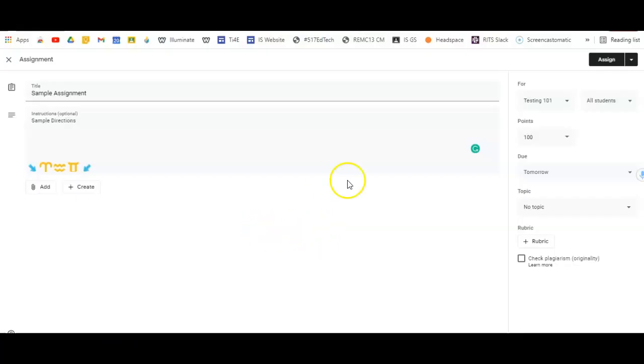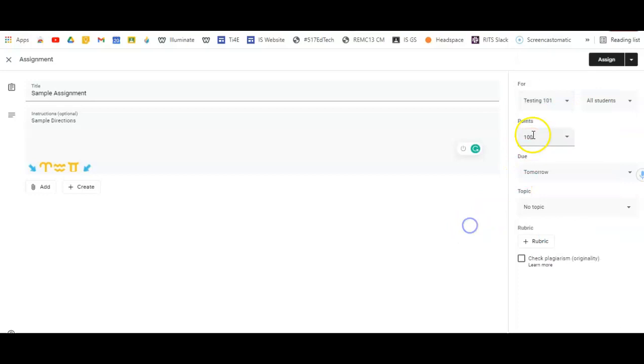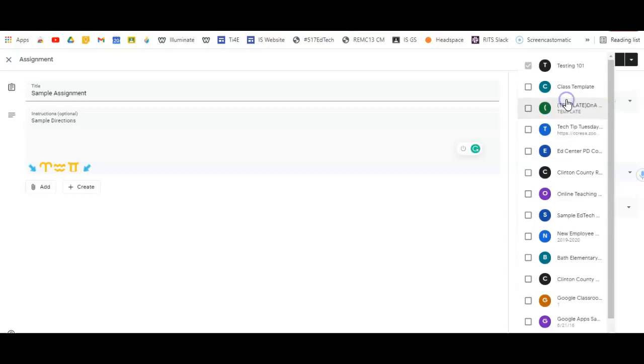So how this looks is when I go to create an assignment, up at the top here, it's asking me which class do I want this assignment to go to. So right now I just have the one class selected. And so then you'll see that I have the option to select a specific date and time to assign that. If I want to assign this assignment to multiple classes at once,